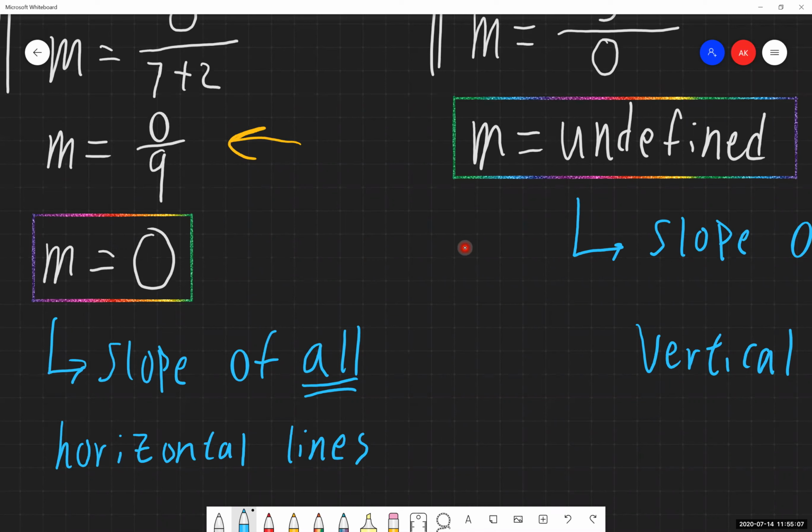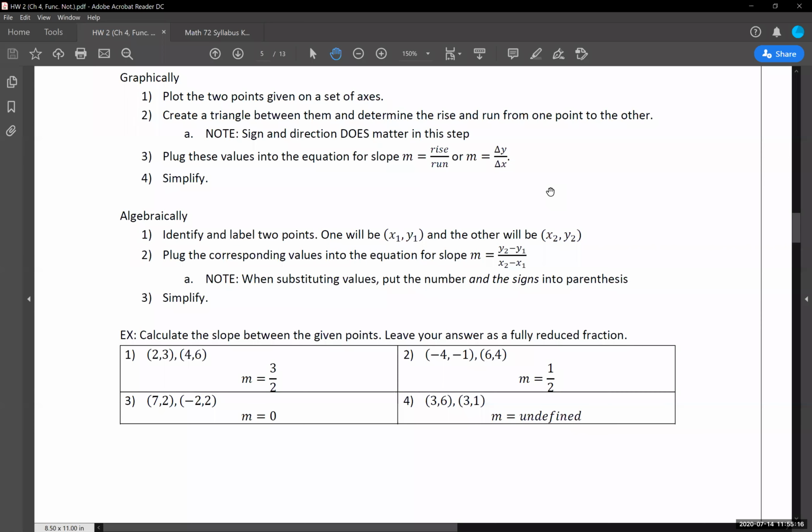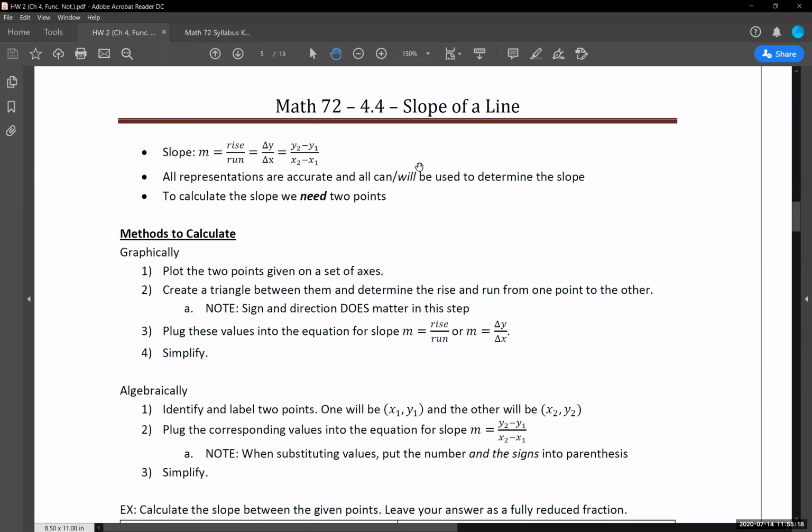And this is everything that we have for the slope of a line. So again, the big part that a lot of people do not take into account, do not remember with this, we have 3 ways of writing the slope for ourselves. All of them are perfectly viable. All of them are extremely useful. It just depends on the information we have been given, depends on the scenario that we are working with as to which one we are going to be using for determining the slope of a line.